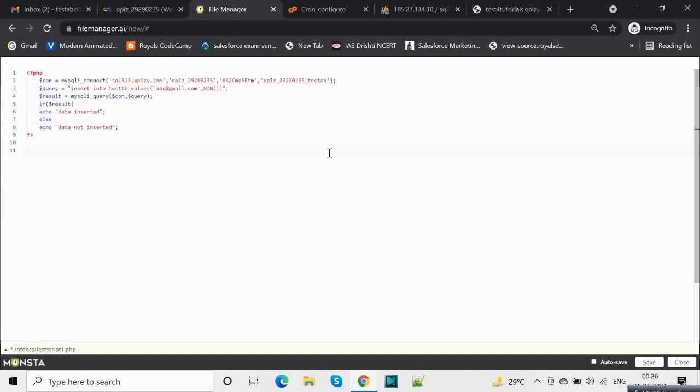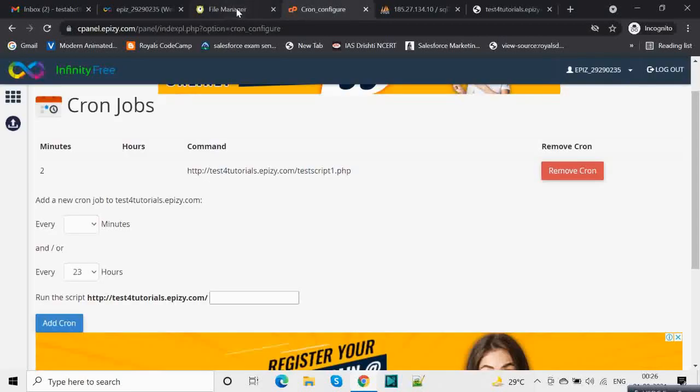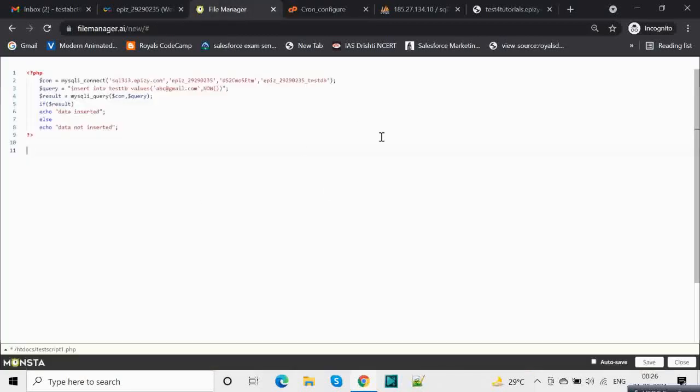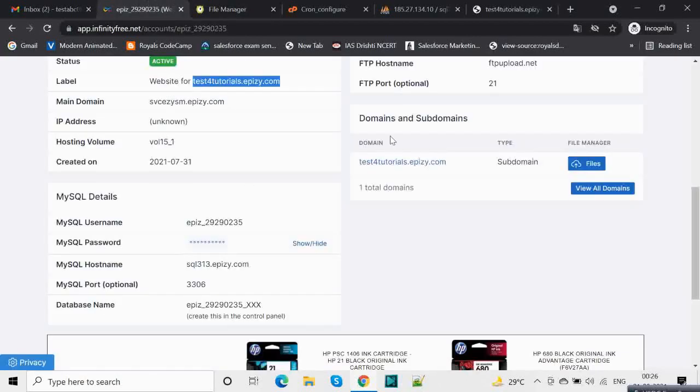Also, if you want to send a mail using cron jobs, you can do that as well. You have PHP mailer, or any service you can use like Textlocal or SendGrid. Make an API call and that should send an SMS or an email, or you can also send a WhatsApp message using something like Twilio. You can do all those things, or run some processes using this. This is how you automate using the cPanel.